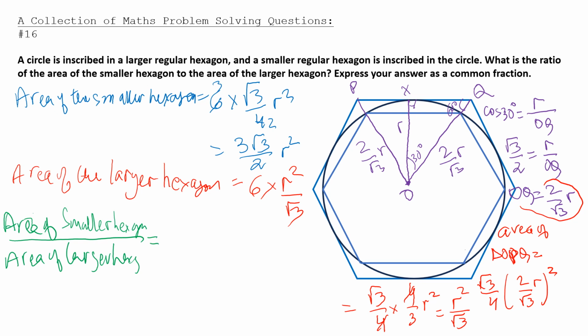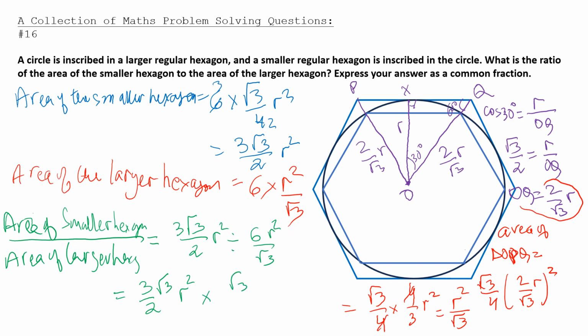The smaller is 3 root 3 out of 2 R square divided by 6 R square out of root 3, and that gives me 3 out of 2